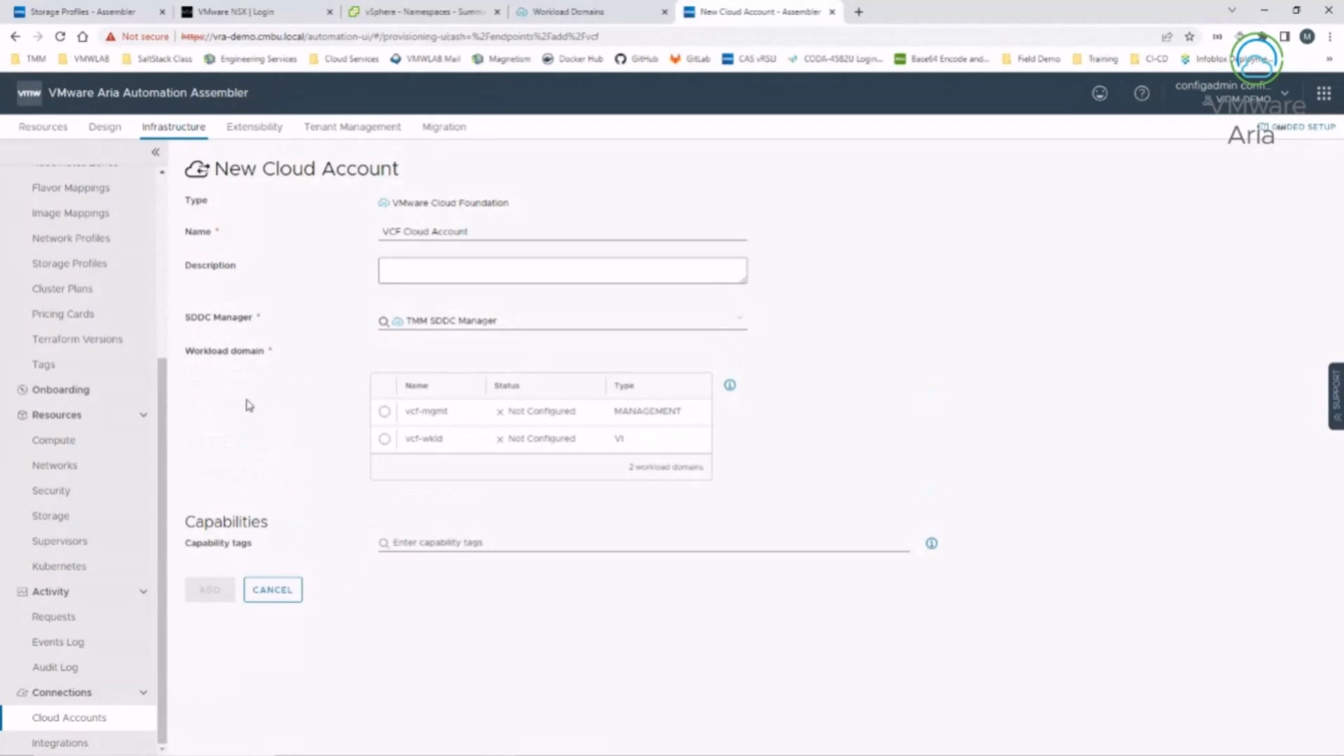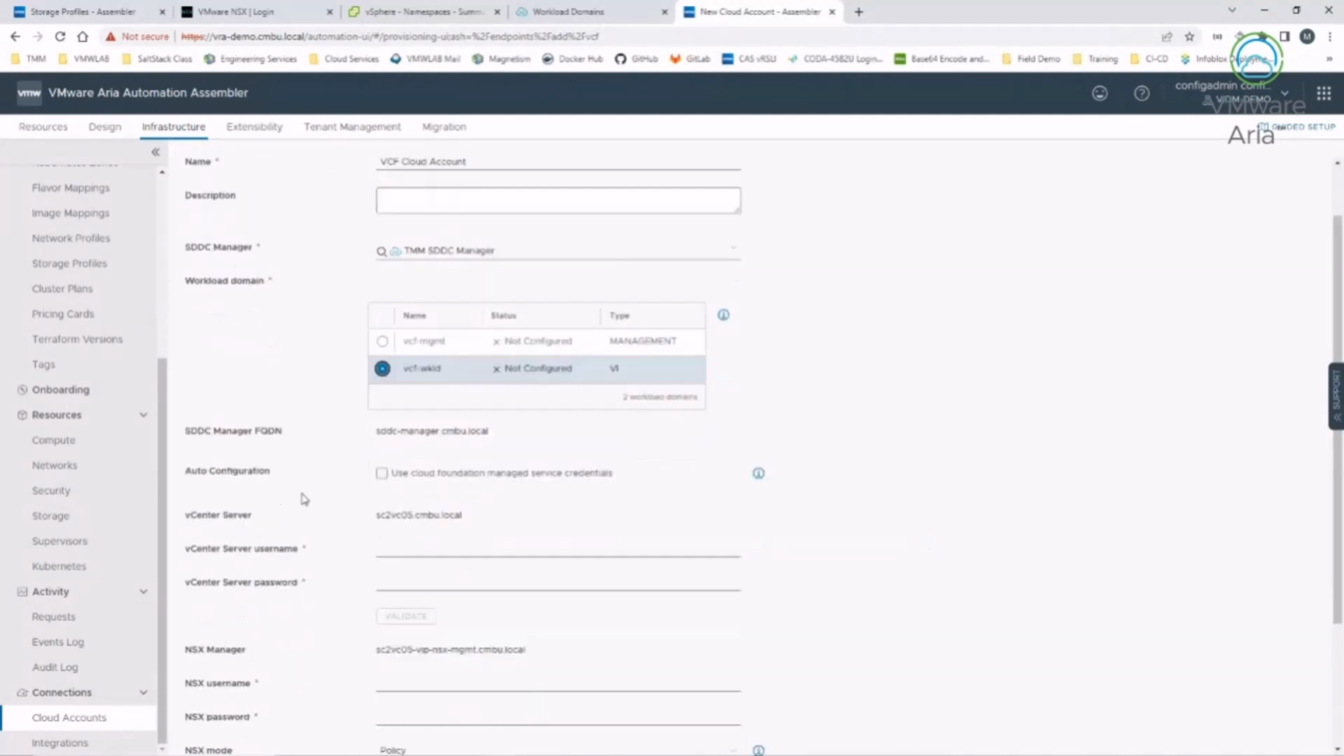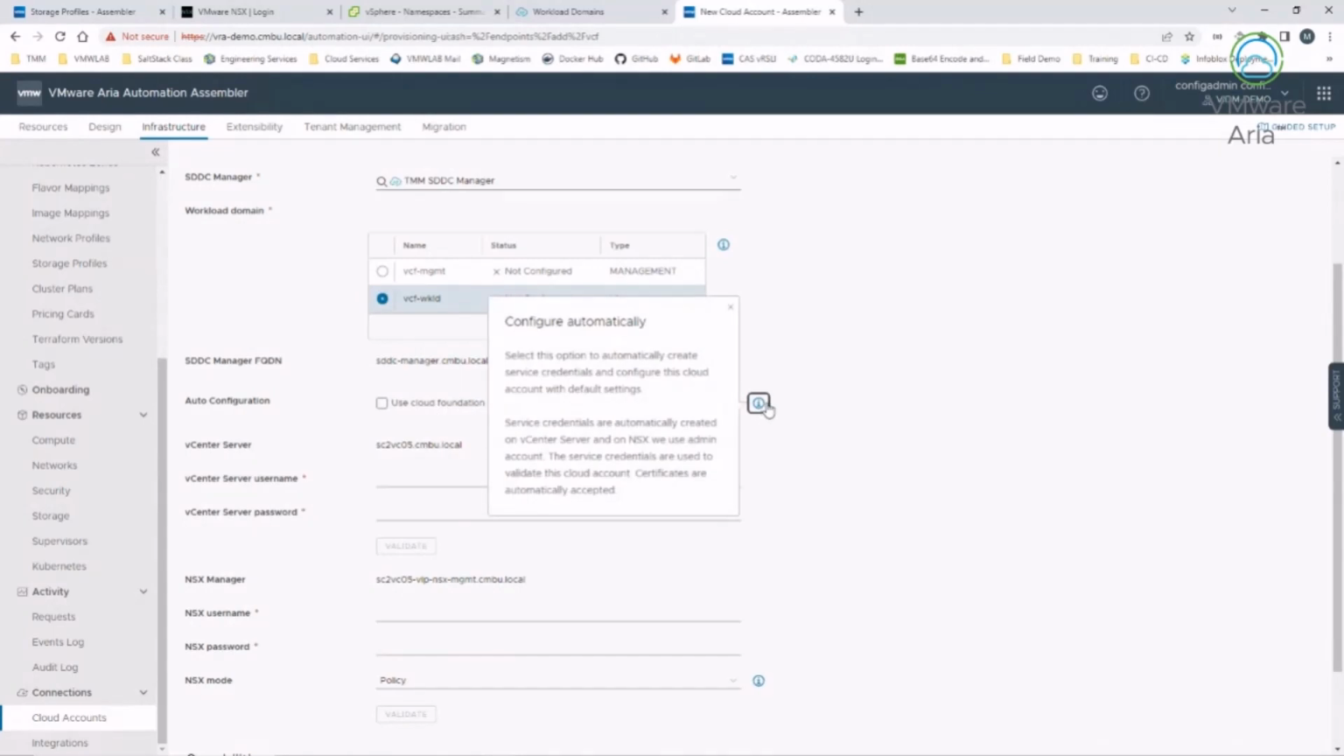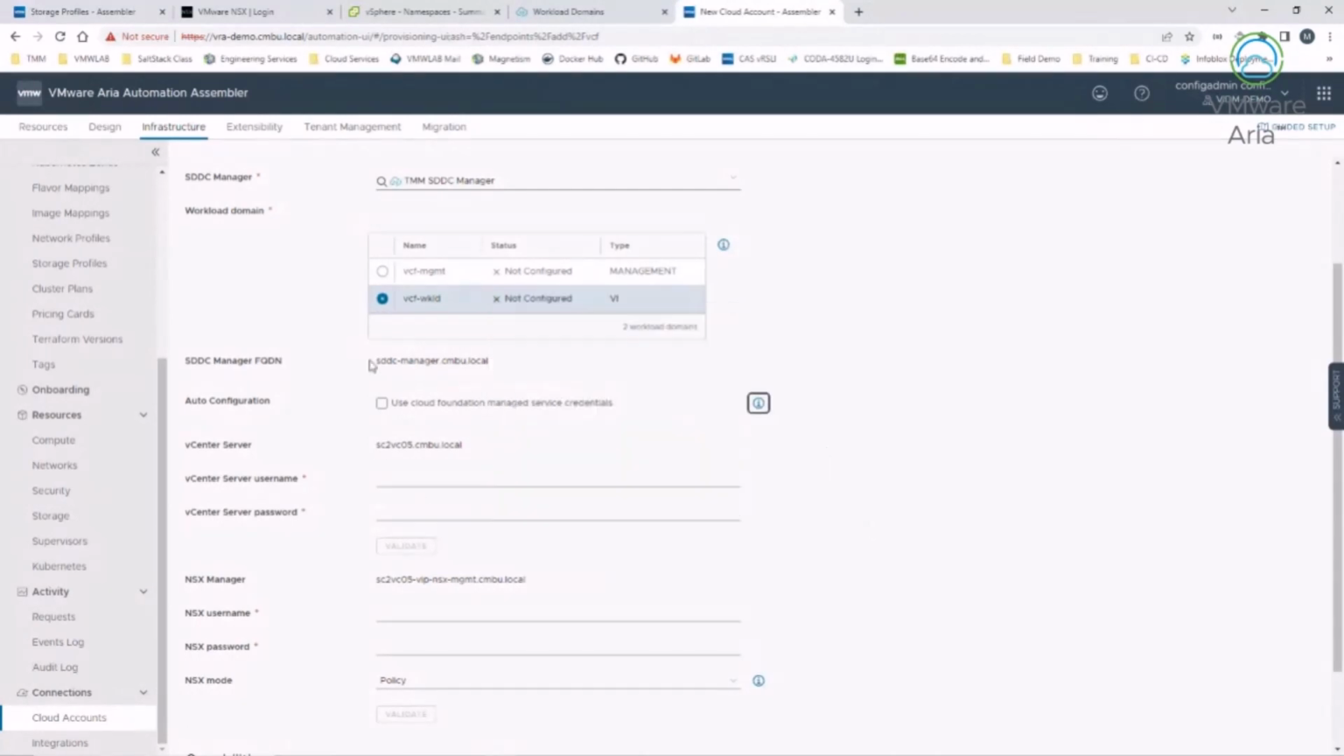Automatically, it exposes the workload domain. Actually, this is not the workload domain. One of them is the management domain, and one of them is the workload domain. So let's say I want to interact with the cluster workload domain. Now I can scroll down and say either use Cloud Foundation managed service credentials. This is basically to automatically create service credentials and configure this cloud account with the default settings. Or, as you can see here, the